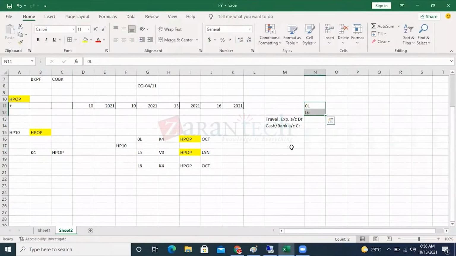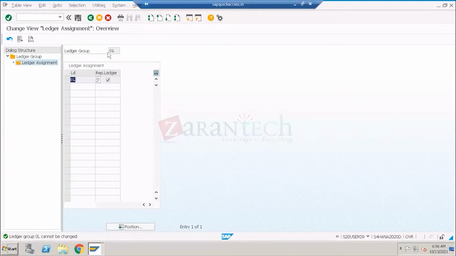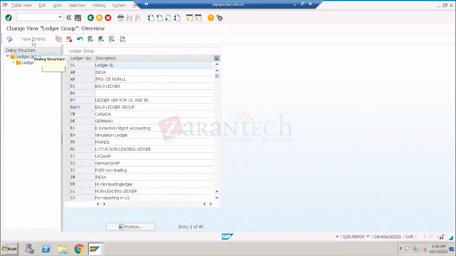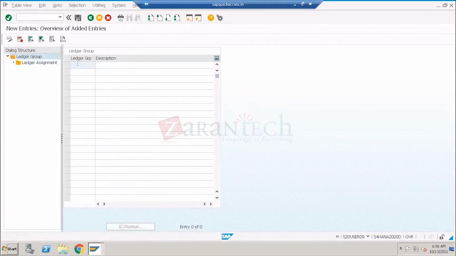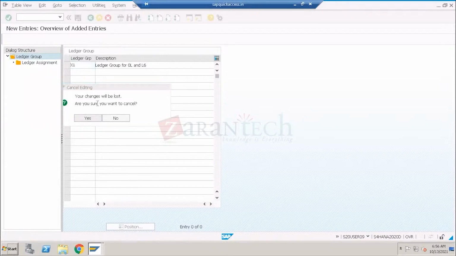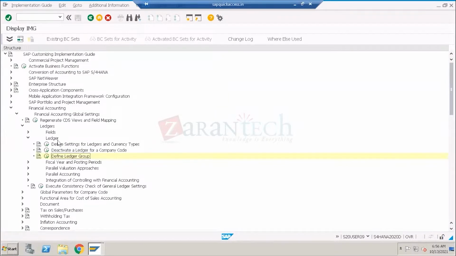Then what I will do, I'll create a separate ledger group. Here there is an option called new entry, and I'll create one ledger group. For example, my ledger group name is X1. This is the ledger group for OL and L6, I'm just giving as an example. So now I'm creating a new ledger group. For creating the new ledger group, very, very important. In the previous example, what I told here, any new ledger you are going to be creating here, for example, if I'm creating a new ledger,